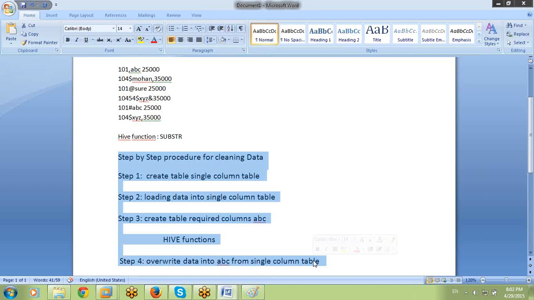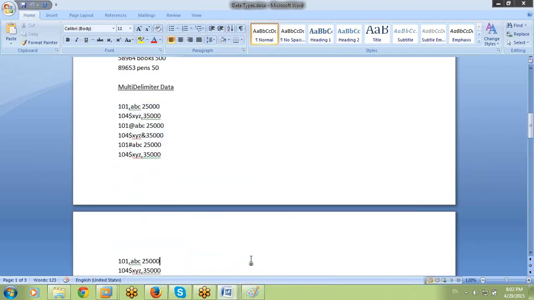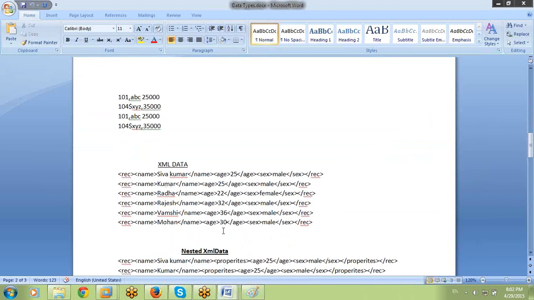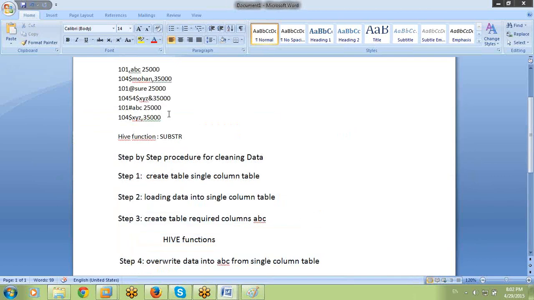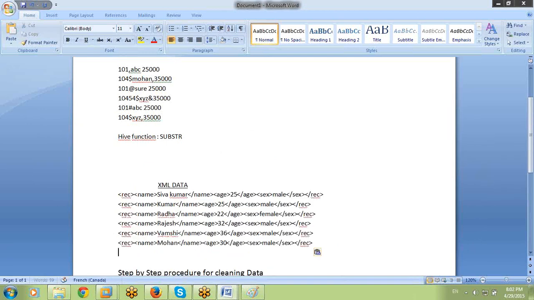Okay. Let's see. Now you get the clarity after this type of data. For example, I have XML data. Previously substring with multiple delimiters, but now I have XML data.